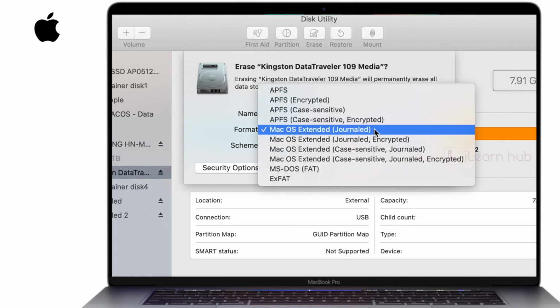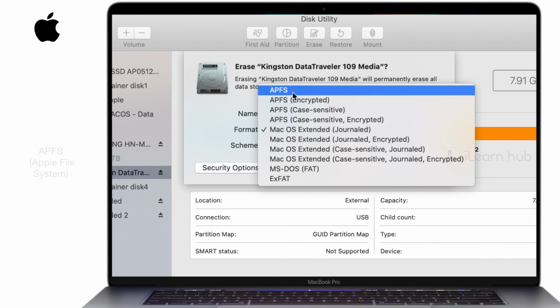If you want to use this pen drive only for Mac, that means you are copying the data from this computer to another Mac, so you are going to use the pen drive only within this area itself, then it is always a good idea to use Mac OS Extended. But what is APFS?